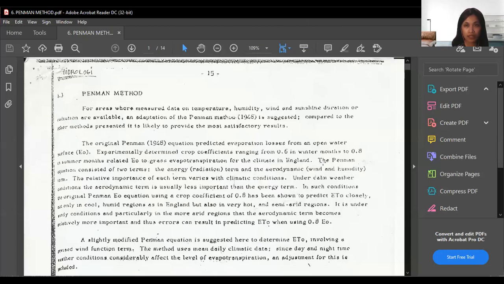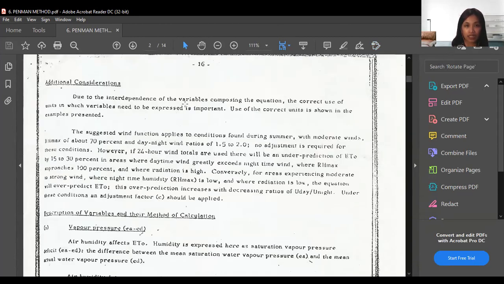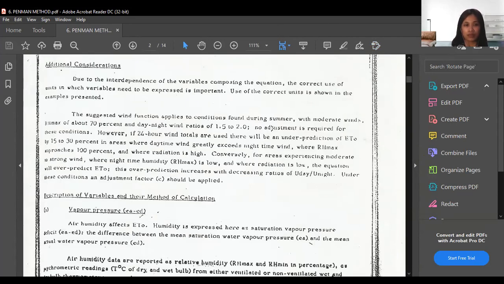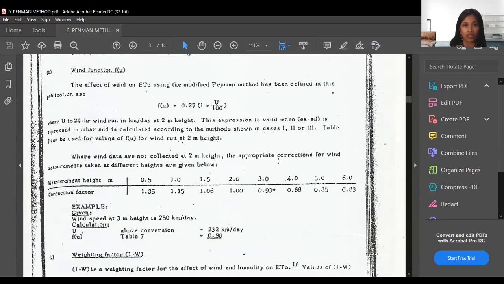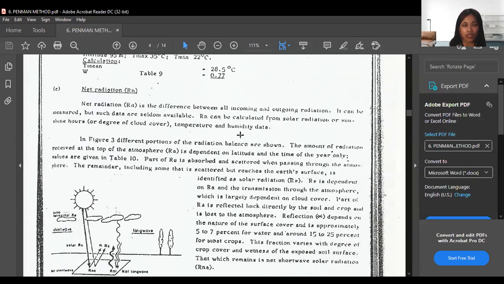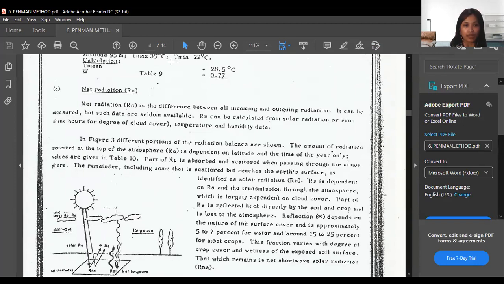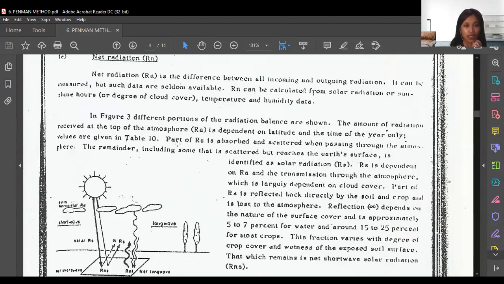For this Penman method, I think you already saw the screen, right? There is this equation, the form of the equation that we will use that I already told you in the previous slide. And then for each of the variables, there's a description of each variable and how to calculate it. We have to talk about it more thoroughly in our next meeting, but I will share this material so you can read it by yourself first, so that when we talk about it in class, you already know a little bit of it,